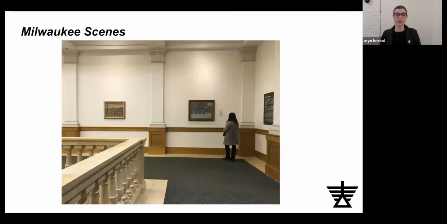Because the museum is limited in the number of works that can be on display at a given time, the partnership with MPL presents the opportunity to put before the public works that would otherwise either not be seen or would be seen infrequently. But on a personal note, this project marries two things that are a true representation of home to me, and that is Milwaukee, both as a geographical place and as a community, and public libraries.